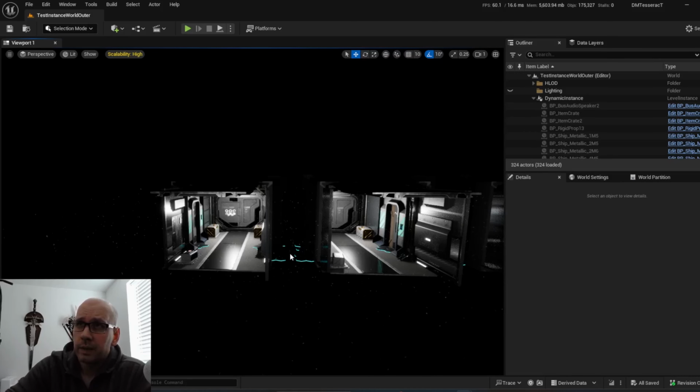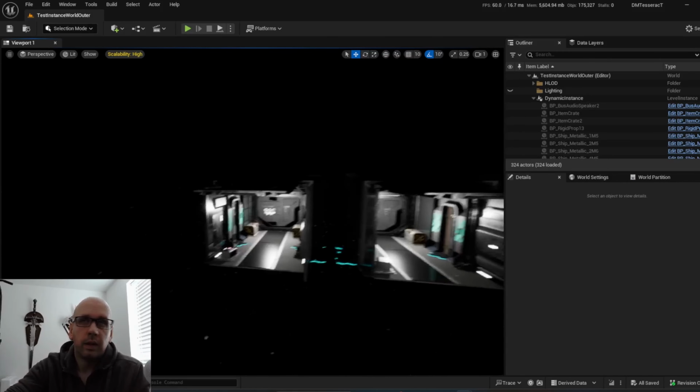But the trouble there now is that you've got two instances that you've got to manage instead of just a single level instance, and if you start scaling that up, you can see how that becomes quickly unmanageable. So this plugin tries to address that, and to give you an idea of how it works,